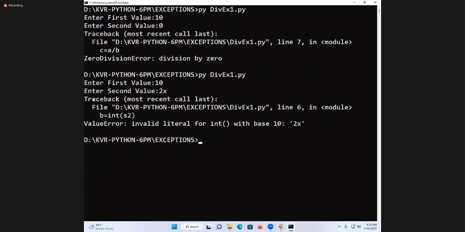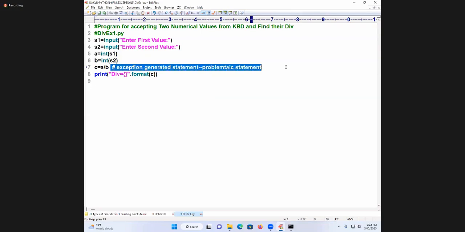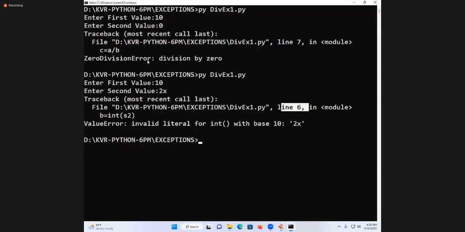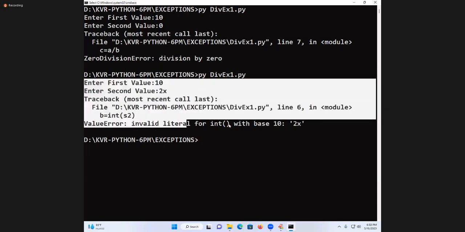So now it is going to be called what? Value error. So line number 6 is also called what? Exception generated statement. Line number 6 is also an exception generated statement. Are you following now? Next, to avoid this type of problem, we are going to use